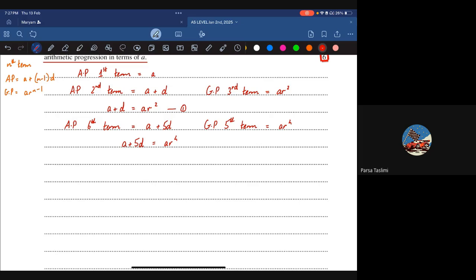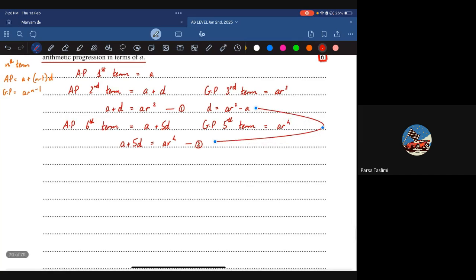Now, what's going to happen? This can be my second equation. The first equation I can also manipulate to be D is equal to AR squared minus A. Clear? And this I can put into this equation in order to make it very simple for us, because I don't need to know D. So it's going to be A plus 5 times AR squared